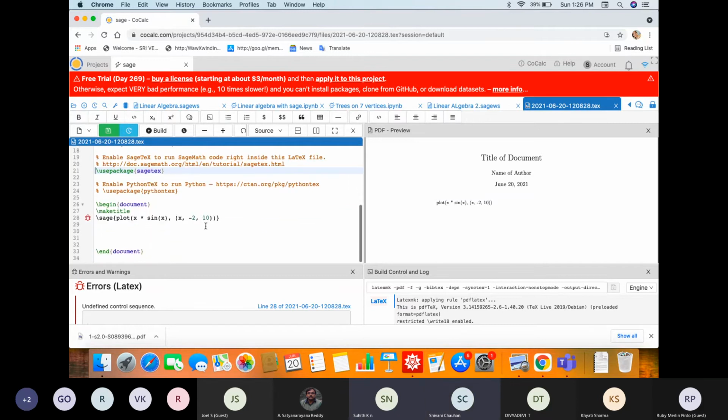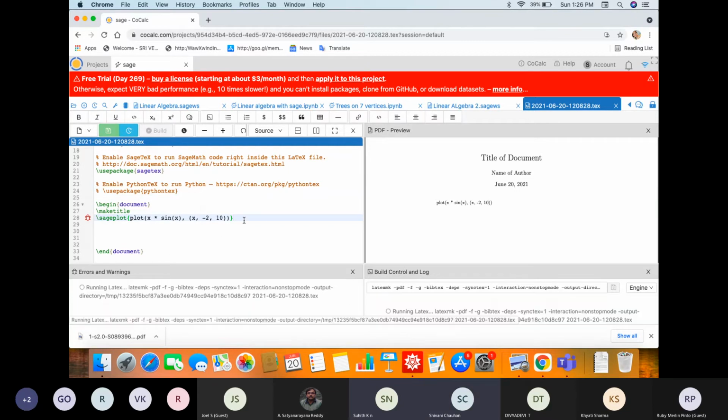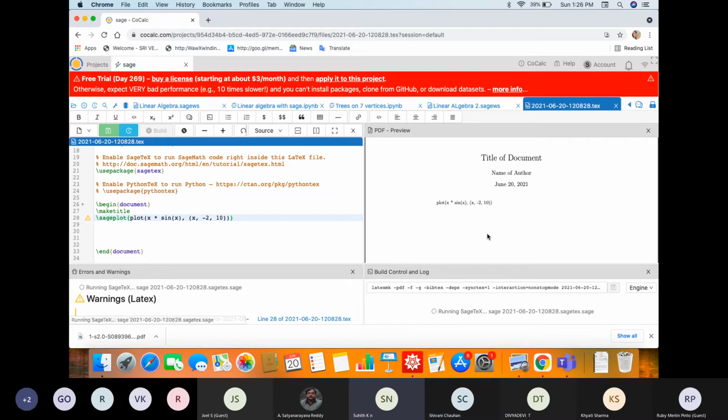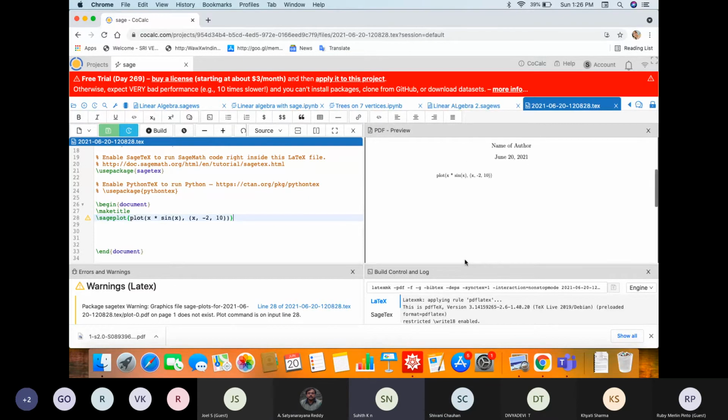Now earlier Sage plot also was there, it is checked, but still it is showing an error. I think it will give you an output now, but you need to use figure for it. Slash begin figure and slash end figure. It will now be a warning, but I think it will give an output. Yes. Yeah, it is running. We have to define slash begin figure and end figure, right? Yeah.